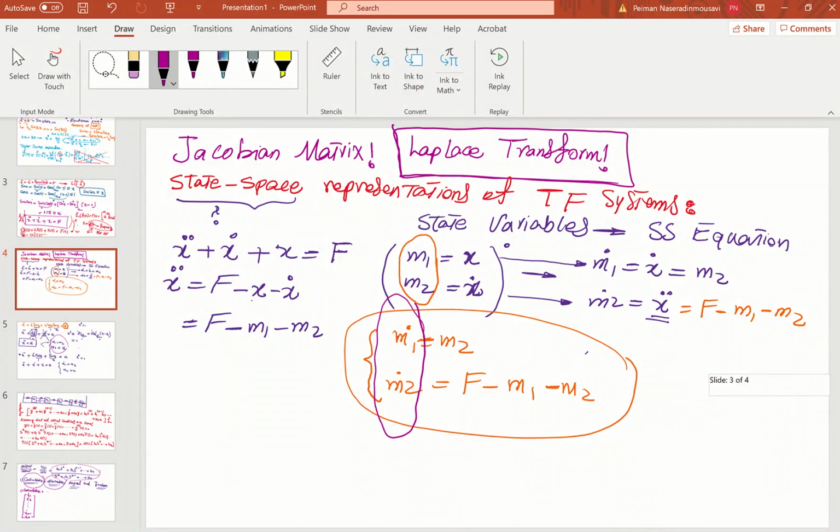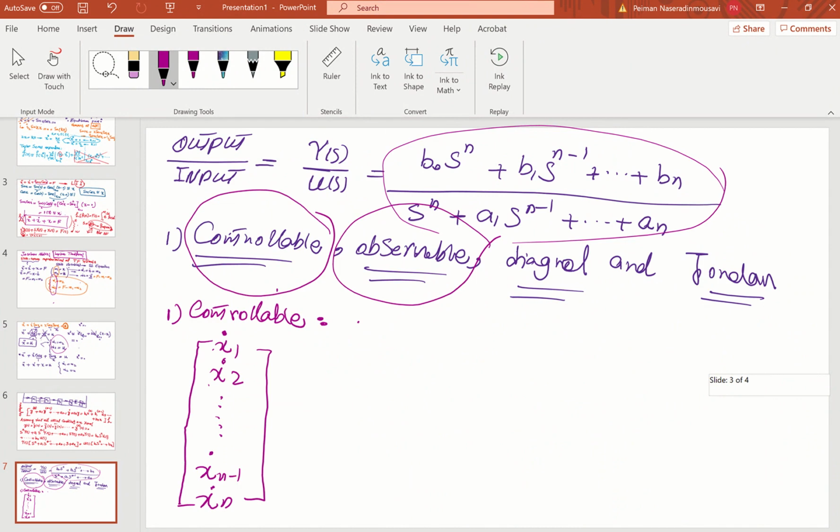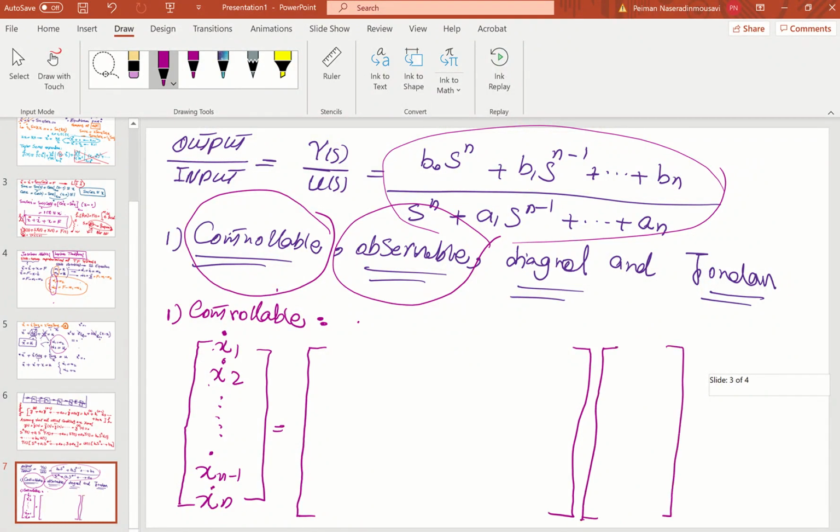The first column is m dot 1, m dot 2, m dot 3, m dot n. Here you have x dot 1, x dot 2, x dot n, is equal to... this is the controllable form of state space representation. Here we go. x1, x2, xn minus 1, xn plus u. So I'm going to freeze it here and back up, because for those of you who don't know,